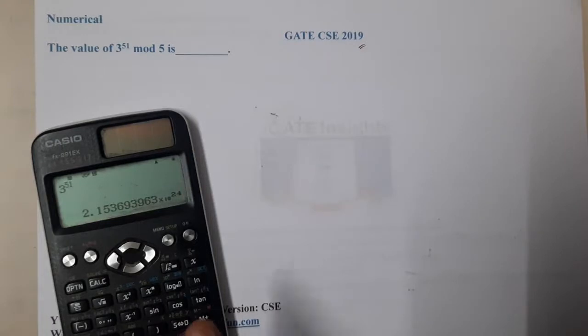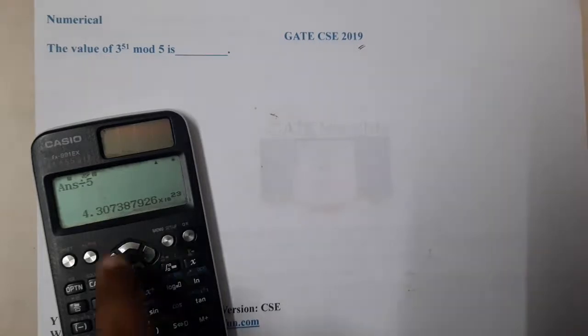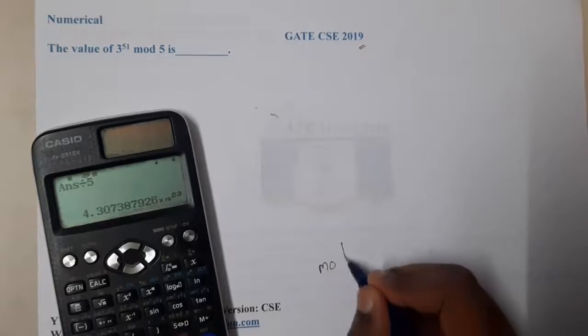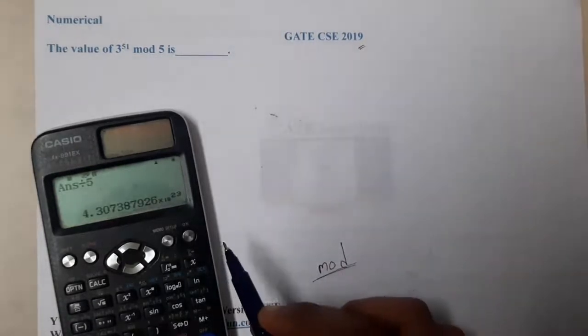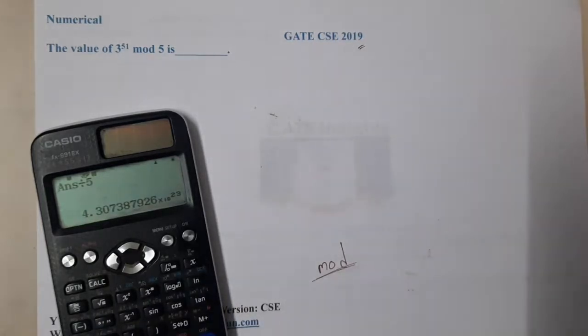Yes, so I need to divide it by 5. Okay, so now I understood the issue. Once I divide it by 5, I got this as a result. So basically the advantage in GATE is that we already have the mod function, guys. I don't know if this calculator also has a mod function. I think it's not there, guys, because I searched once upon a time but did not find it. So just give me a second, if it is there I will check it.